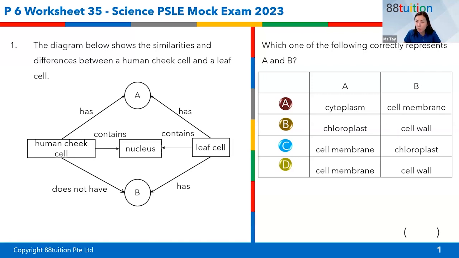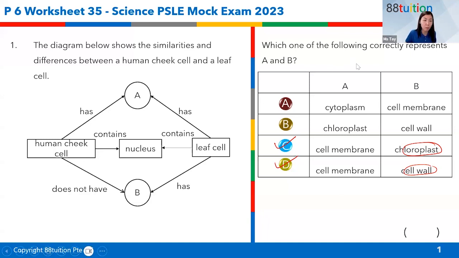But question three, there's an issue here. Okay, so we know human cheek cell compared to the leaf cell, both contain a nucleus, yep. They both have a cell membrane, yep. But the human cheek cell will not have chloroplast. Chloroplast is a concern. Cell wall here is also a concern, but the leaf cell has both. So actually, we have two answers here. Oh, because the system couldn't accept both.